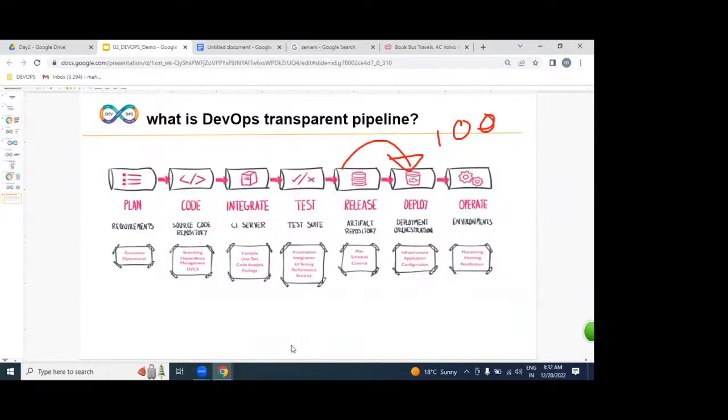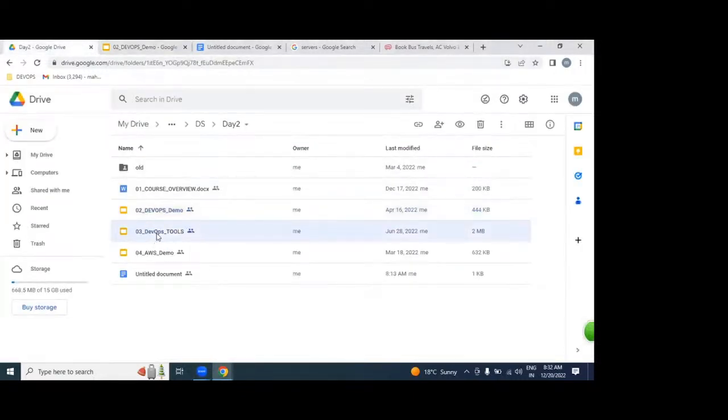This entire process we call the DevOps process. For implementing this DevOps process, which are all the tools we are going to be learning, guys? Let us list them down. For implementing this DevOps process, which tools are we going to be using?